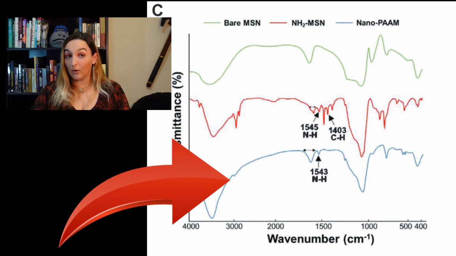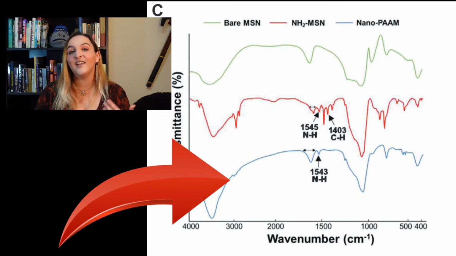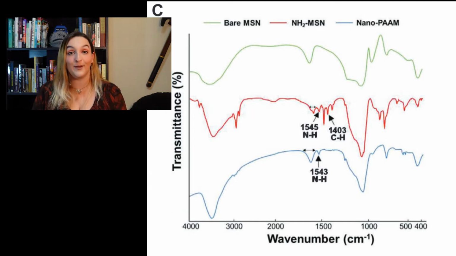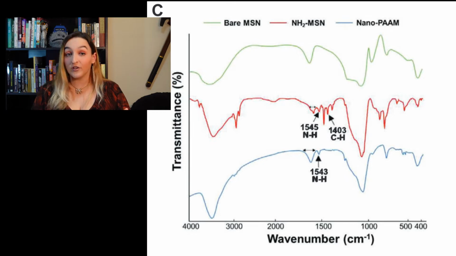For the ones that have amino acids on them, the FTIR successfully got new peaks in all the places that correspond to the various bonds in the amino acids, as well as those that correspond to the new bonds between the amino acid and the silicon. The nanoparticles were then shot with light so that they could measure how much the light bent to determine how big the nanoparticle was, so that they could make sure that the nanoparticle was under 200 nanometers.